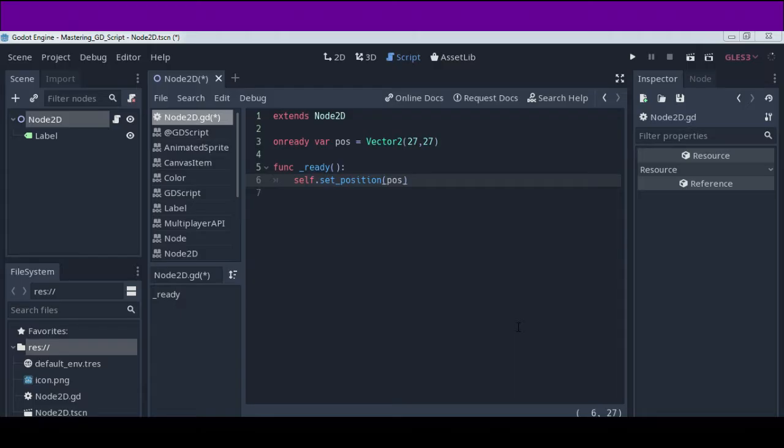Welcome. In this video we are continuing from the previous lecture. In this one we will talk about Node2D. About this node we will talk using some Godot